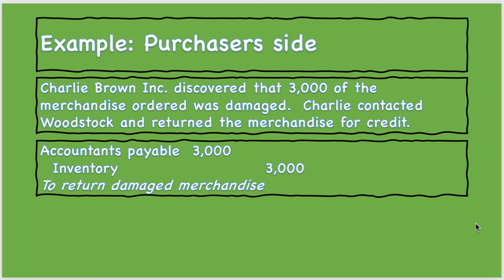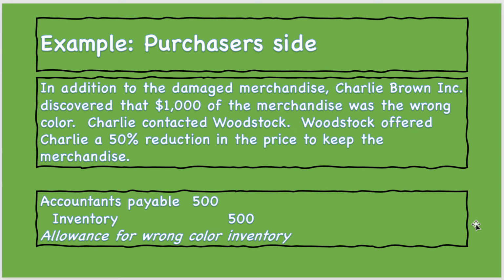With a debit. So whenever we send back merchandise or we return merchandise to the wholesaler, we always have to debit accounts payable, credit inventory. We are decreasing the amount that we owe them, and we are decreasing our inventory. Okay? Now, let's say as we continue to go through this inventory, we see that $1,000 of this merchandise was